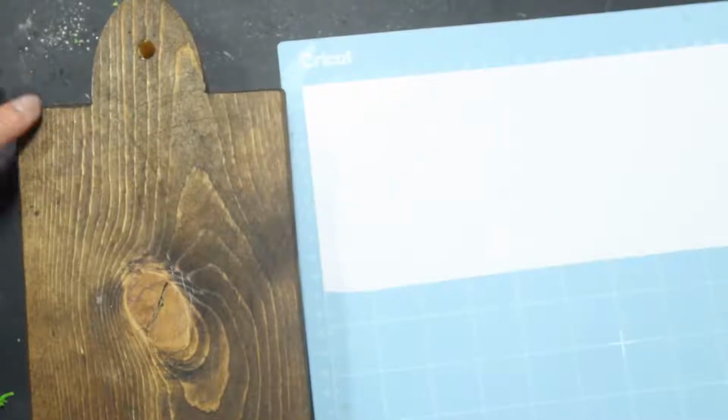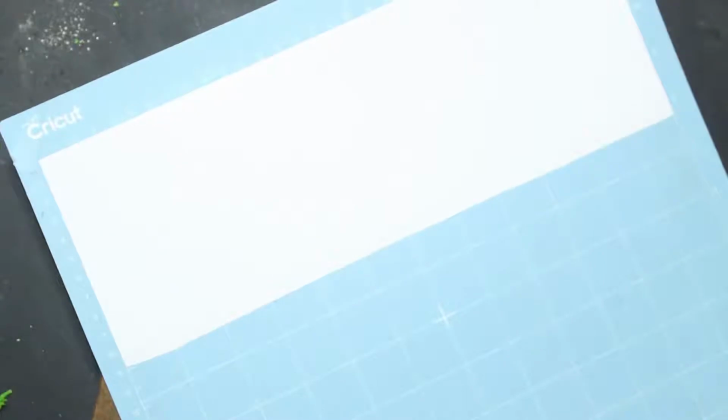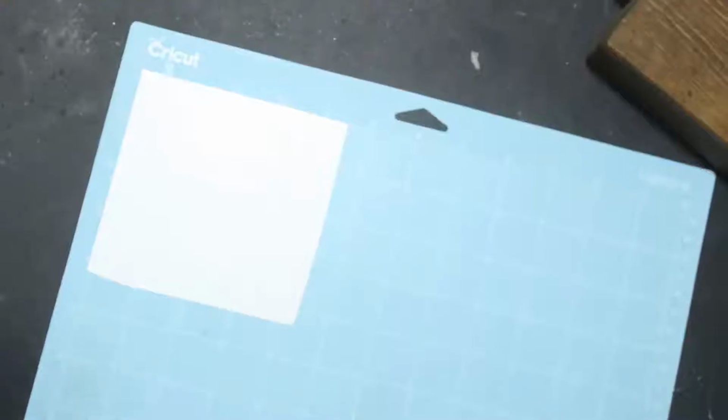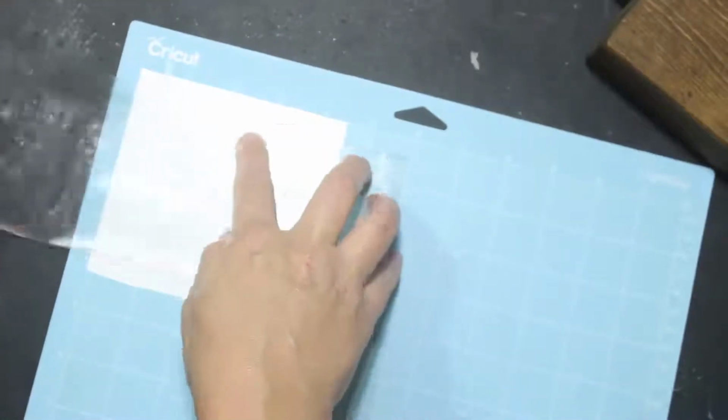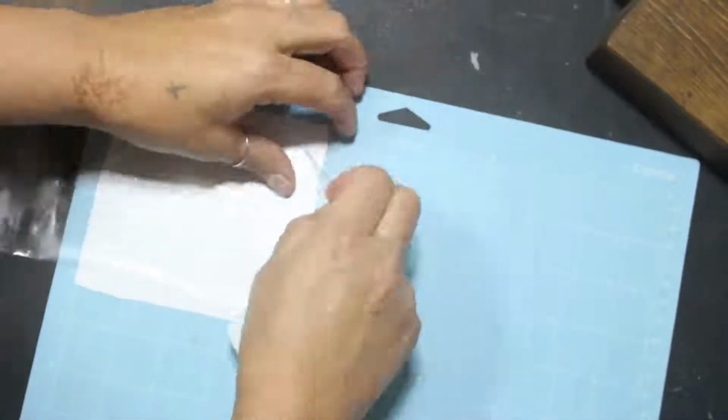Alright, so next day I've got it stained. I have the decal that I'm going to apply. It's cut out. So I'm just going to put the decal on. And here again, here's another bit that I didn't really need to bore you with in real time. I'm using contact paper as the transfer tape. I did actually get some Cricut transfer tape that I haven't tried yet, but